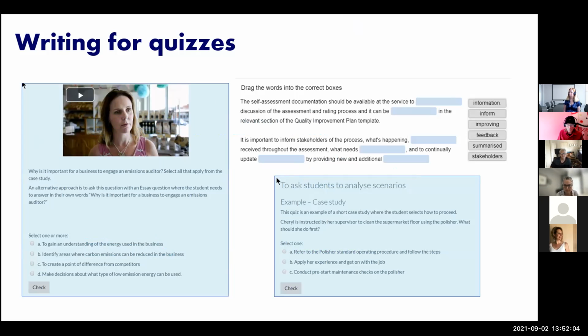You can mix them up quite a bit, and in terms of different types of assessment, we've got multiple choice. Here on the left, we've got an example of a replace the word, sometimes called a cloze exercise. And then we've got a really simple kind of activity, which is built into a case study. The one on the left is where students watch a video to retrieve that information. So if you use video, you can do a formal knowledge check on it in this way, or you can ask the questions in advance so that they're watching and looking for that information in the video as well. Let's go to the next one.